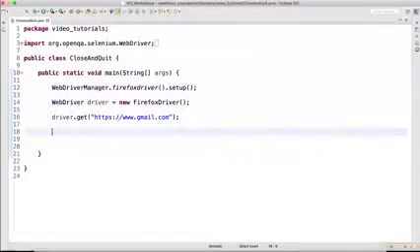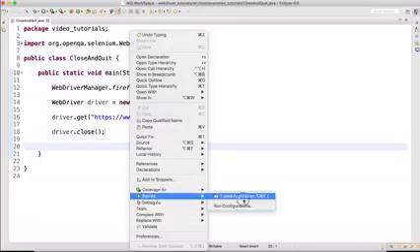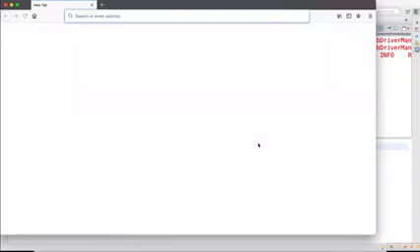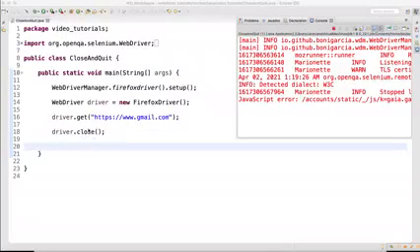What I'm trying to do here is open gmail.com, and then call the close method first. It is going to open one window, the domain is loaded, the gmail.com page will be open, and then you will be closing that window. So that's the first one. Let's execute this and see what happens. You can see the browser has loaded the window, and then it has closed it immediately.